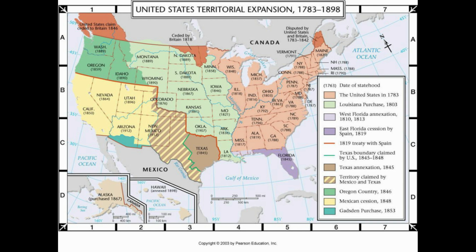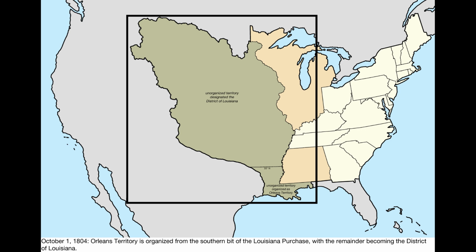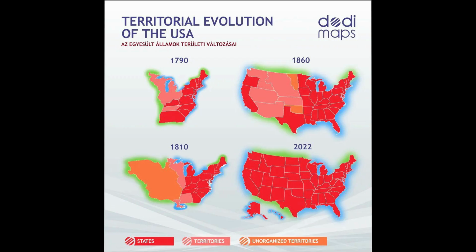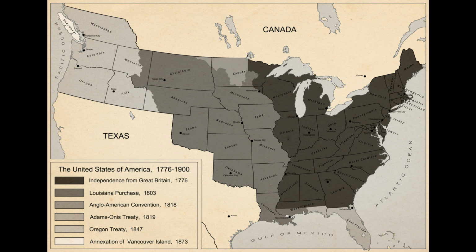The first great expansion of the country came with the Louisiana Purchase of 1803, which doubled the country's territory. Although the southeastern border with Spanish Florida was the subject of much dispute until it and Spanish claims to the Oregon country were ceded to the United States in 1821. The Oregon country gave the United States access to the Pacific Ocean, though it was shared for a time with the United Kingdom. The annexation of the Republic of Texas in